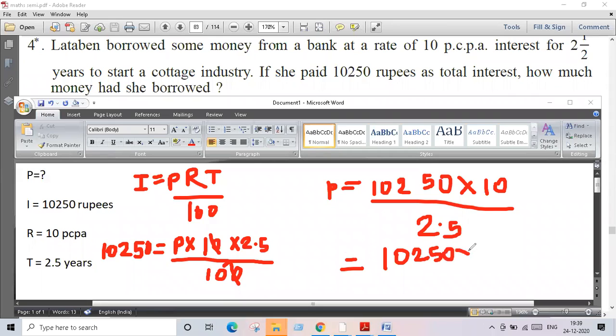10250 दिलं तुम्हाला आणि किती दिलं पुढे 10 आहे. तर 2.5 चा पॉइंट काढून टाका आणि पॉइंट नंतर 1 डिजिट आहे, देअरफॉर एक 0 इकडे ऍड करा. सो युअर 25 इथे राहिला. 25 ने मल्टिप्लाय डिवाइड करा. 25 into 25 400. So what remains इथे मी लिहितो बघा. P is equal to 10250